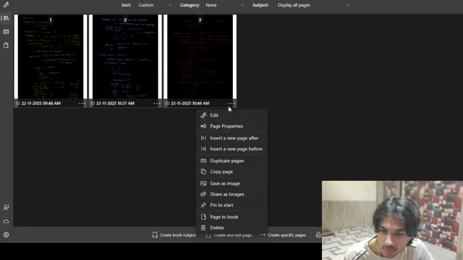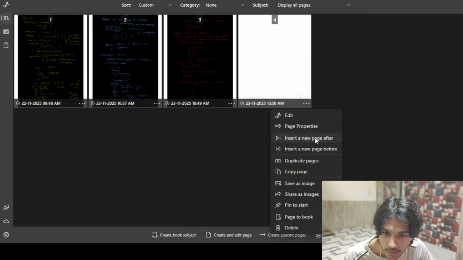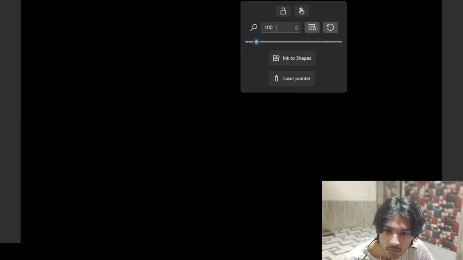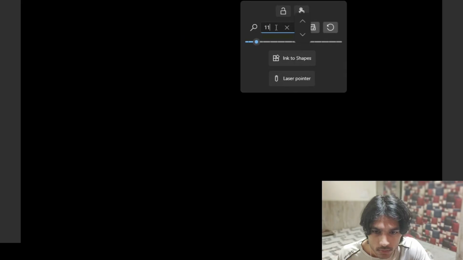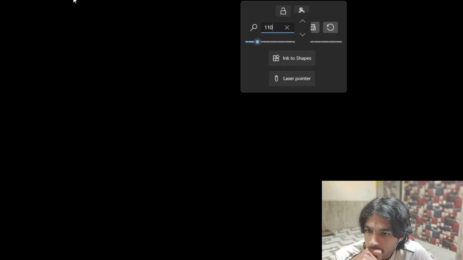let me add a page. After, yeah, I think I will need another page after it. Okay, let me just go to it. Let me zoom to 110. Let me switch up the pen. I think I will go back to the yellow one. Let me just go back to the green one. Okay, so before we do that,